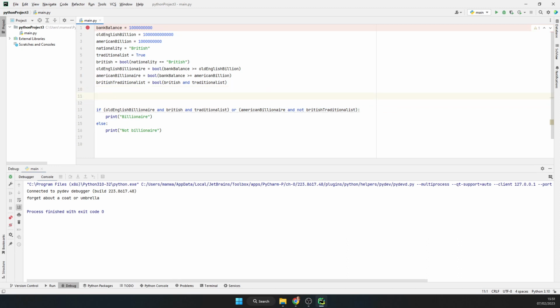And we can do that again. So final British billionaire is a boolean of these. Spell again. So I can say that